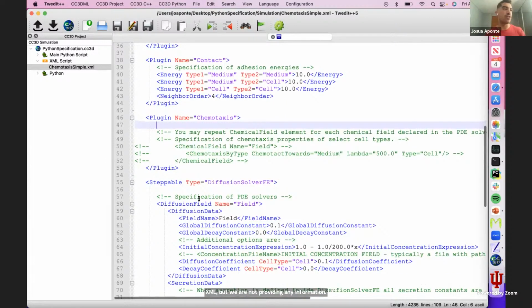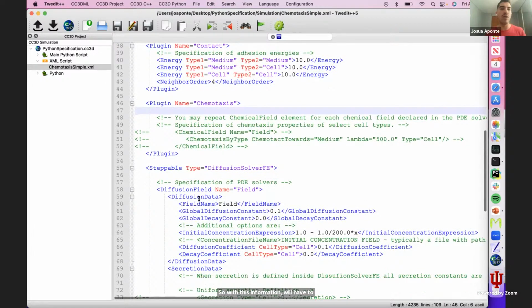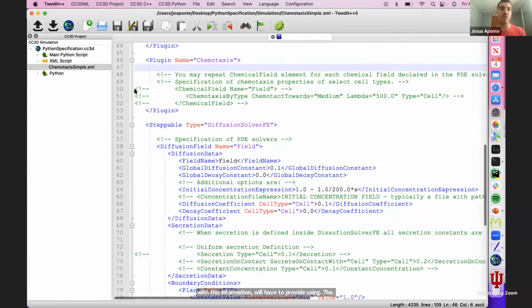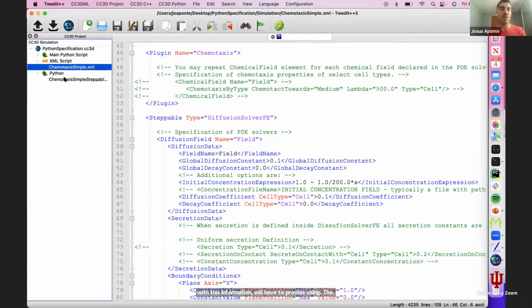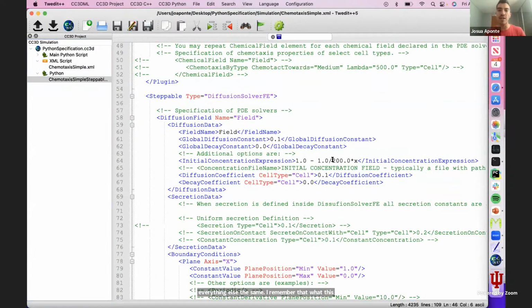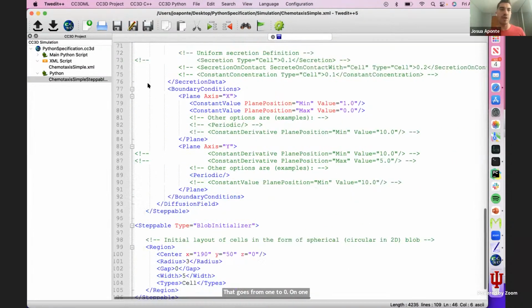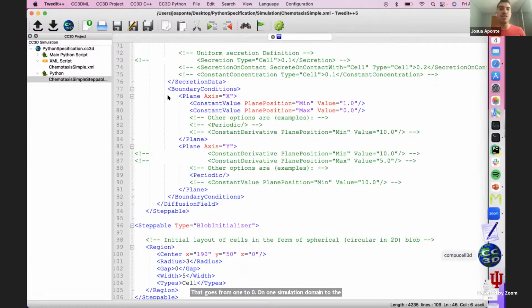This information we'll have to provide using the Python steppables file. Okay, we will leave everything else the same. Remember that what this code does, and this is discussed from previous sections, is establish a linear gradient that goes from 1 to 0 from one side of the simulation domain to the other, right? So if I run this simulation